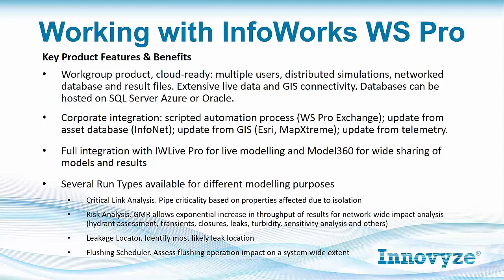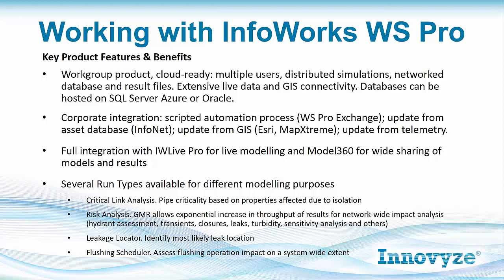WS Pro offers corporate integration with the ability now to run scripted automation processes. Using Ruby script, we can automate some stuff that we do manually inside the software. We can update our model from our asset database, InfoNet for example. We can update from GIS systems using Esri or MapXtreme, and we can update our model from telemetry as well. It does offer full integration with IWS Pro and Model 360 for live modeling and sharing the results on a web dashboard. But also we have several types of run available inside WS Pro that we can use for all